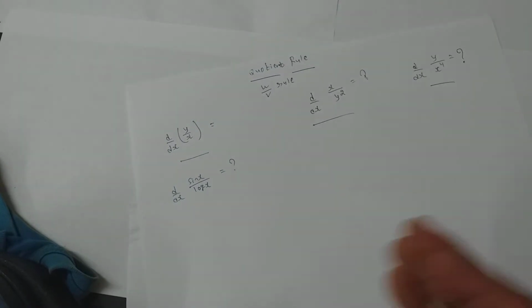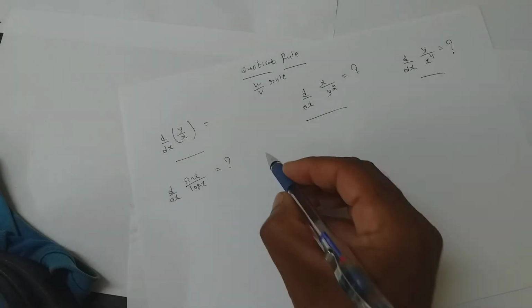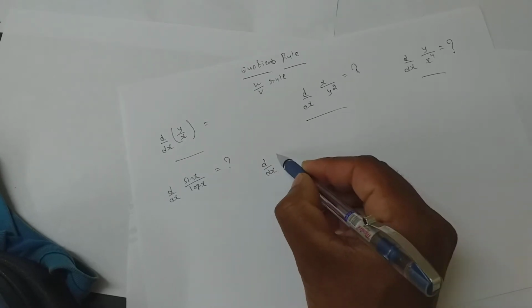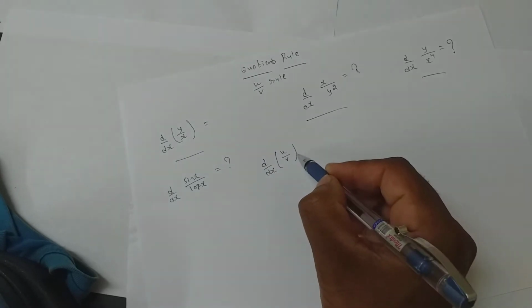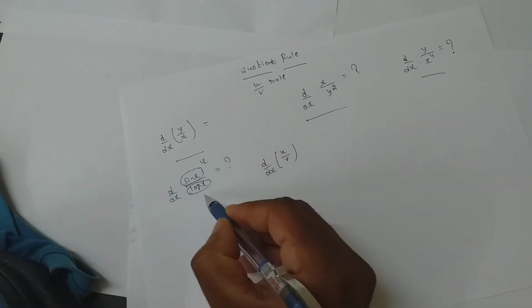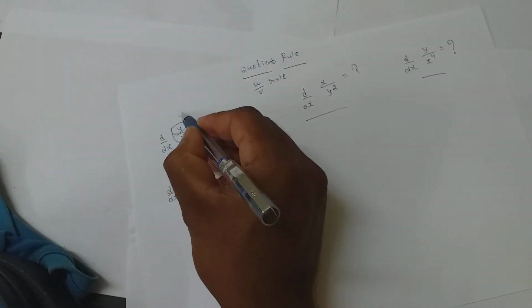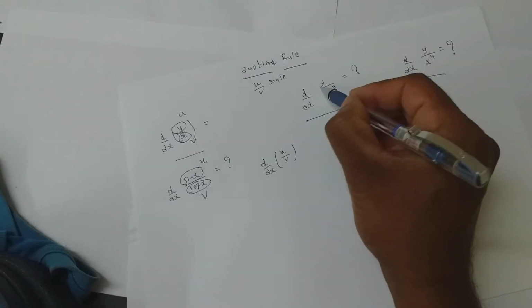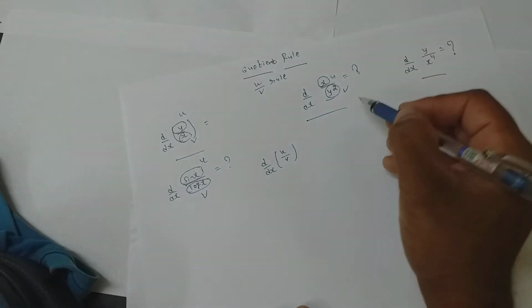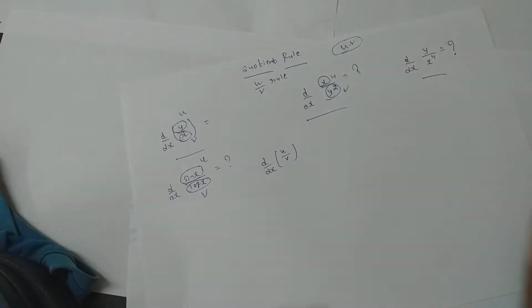To differentiate all this we came up with a formula, and that formula is the u by v rule. d by dx of u by v. Whatever is there in the numerator, we consider it to be u, and the denominator should be considered as v. Clear? Numerator always u, denominator always v. So whenever there is a fraction, we go with the u by v rule. If there is a multiplication, you go with the uv rule as I told in the last video. Am I clear? Fraction, u by v rule.